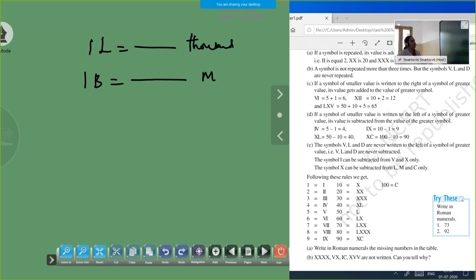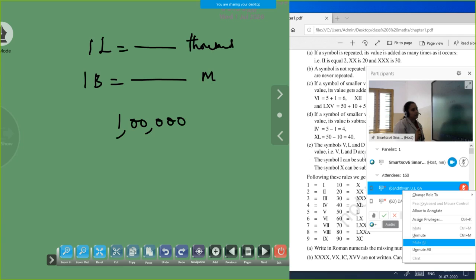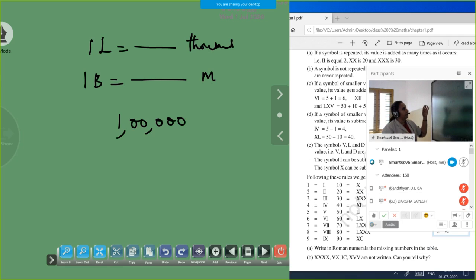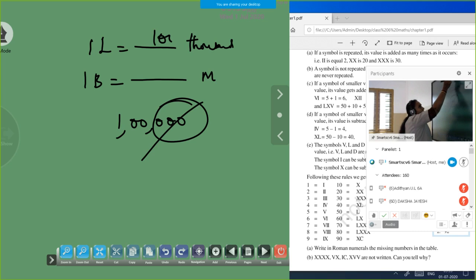So, the teacher told you how to do this one. 1 lakh means, first you write 1 lakh. Correct, children? This is very important. 1 lakh, how many thousand means, first write 1 lakh in full. Then 1000 has how many zeros? That many zeros you remove. Then what answer are you getting? That is the answer, 100,000.